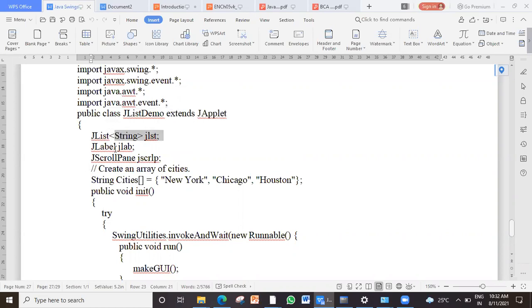Clear? I create one label beside it. Then I also create a scroll pane, which is not compulsory. To add values in that particular list, I have created one array called cities with 3 cities. Now see.